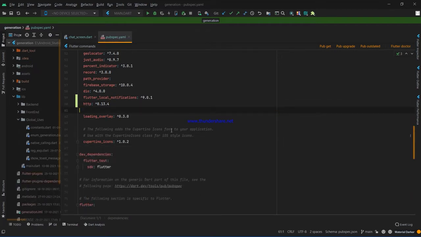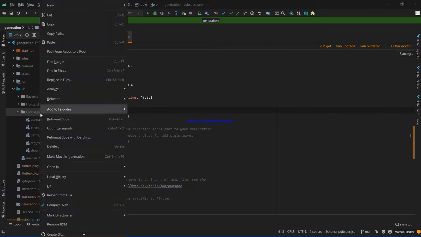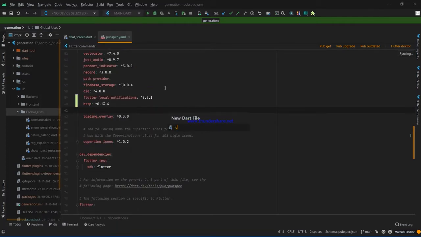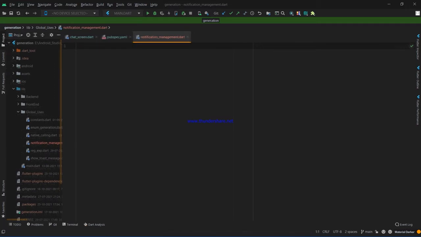Okay, so now we need a new file here. Under the global uses, we add a new file and its name is notification management. So guys, now I am going to start the coding under notification management.